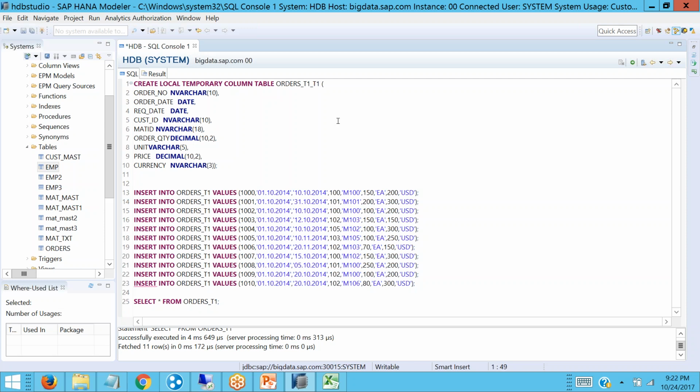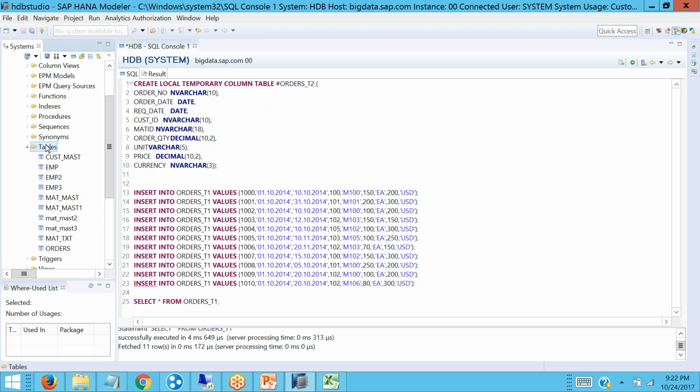Now I'll give it as orders underscore T2. Whenever you define this as a local temporary table, you have to prefix it with a hash here. Previous one, orders underscore T1, will be created physically here. When you refresh,